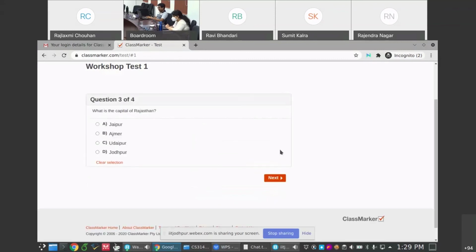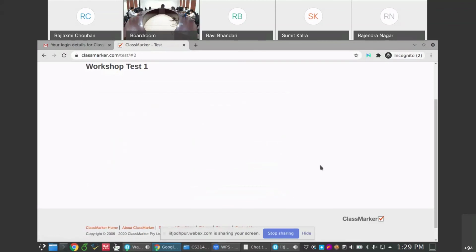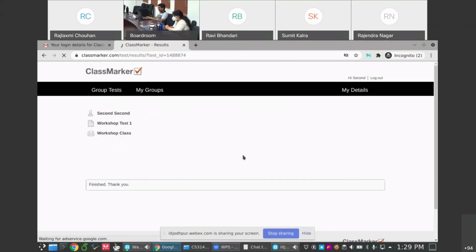Next. So here the student will get to know how many minutes are left with a nice bar, and then once finished, confirm finish now. So that is how I did not show them the results.